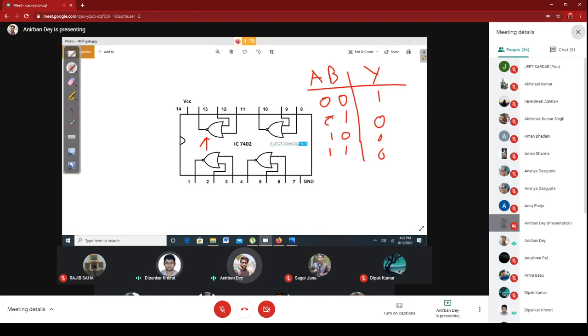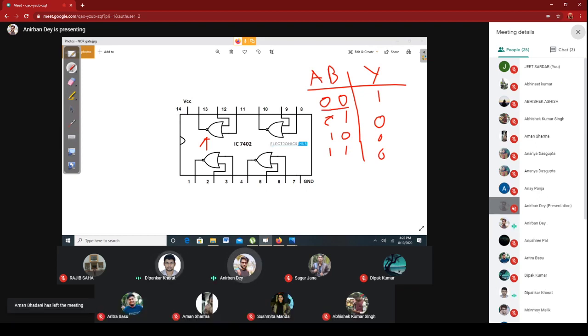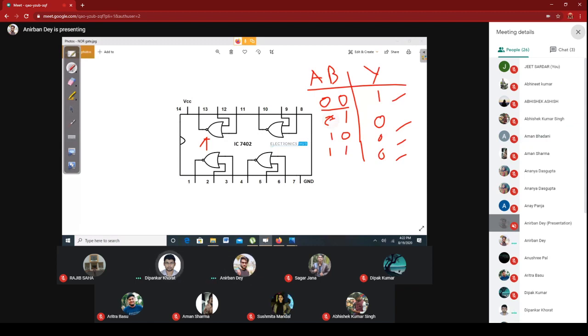Why? Because in case of OR, where all inputs are low the output is 0 and otherwise 1. So NOR is just the complement of it. That's why it is 1 when all inputs are 0, and for all the other inputs it is 0. The IC number is 7402, and the gate is NOR.